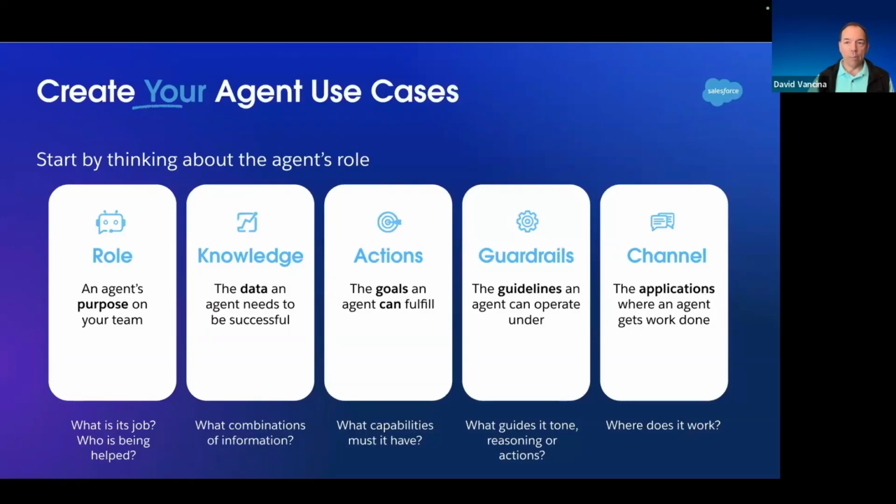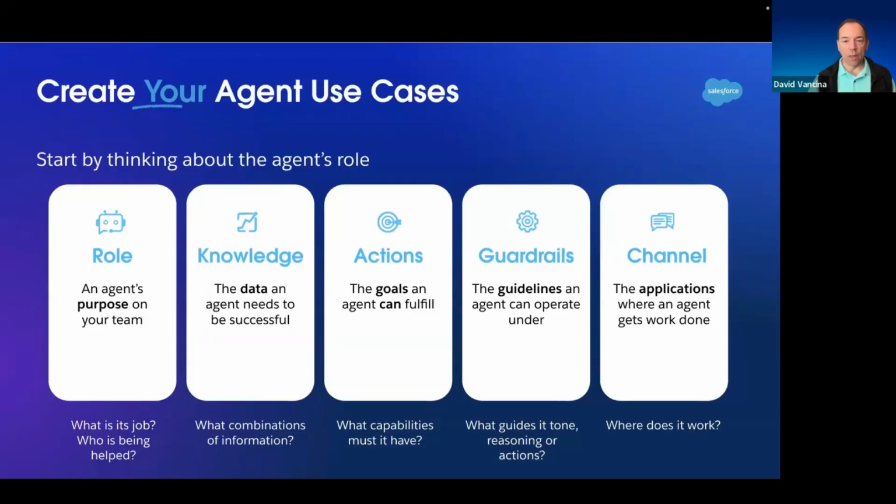First of all, when we think about an AI agent, what do we want it to do? What is its job and who is it helping? Next, looking at what is the knowledge that AI agent is going to need. And that can be a combination of static information stored in SharePoint, in PDFs, wherever. It can also be dynamic knowledge that's retrieved from your operational systems, like your SAP environment, your HR system, or whatever it might be. So understanding what those knowledge sources are and ultimately drilling down into their technical characteristics becomes an important part of planning.